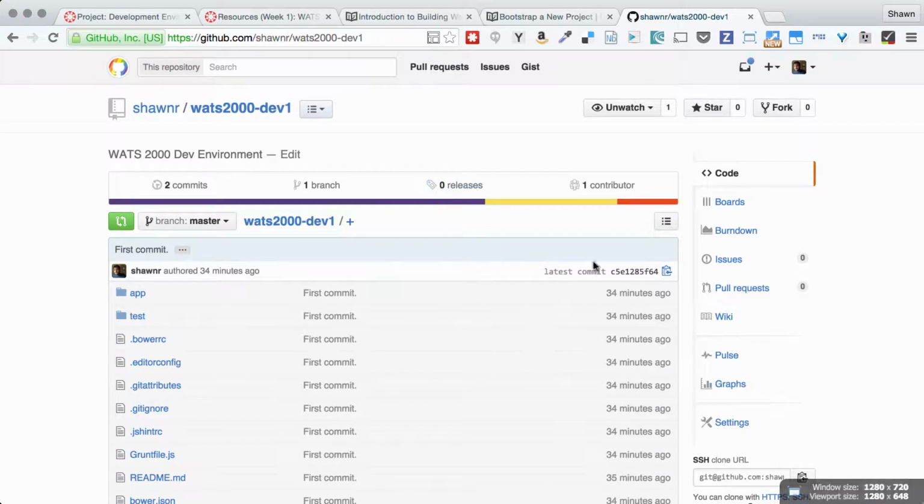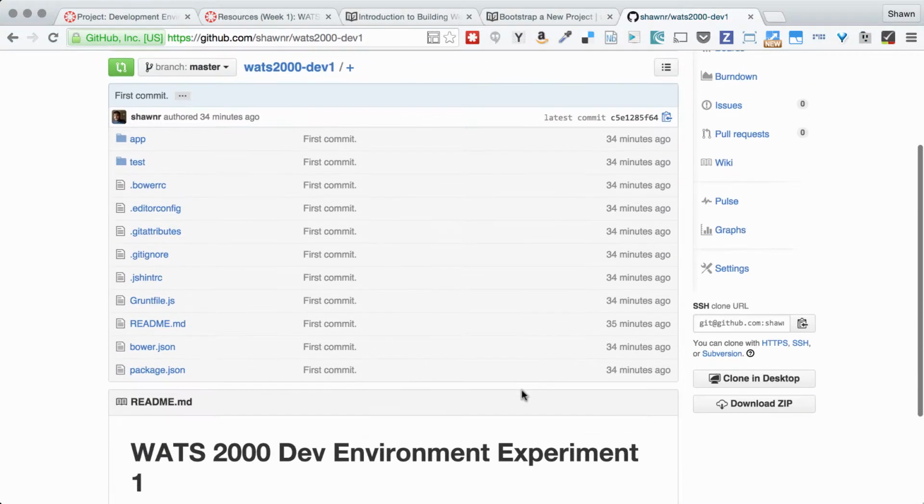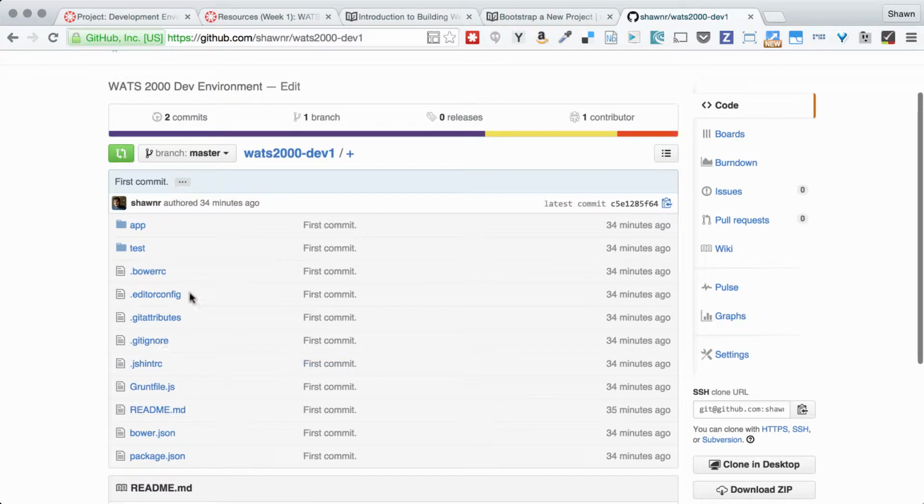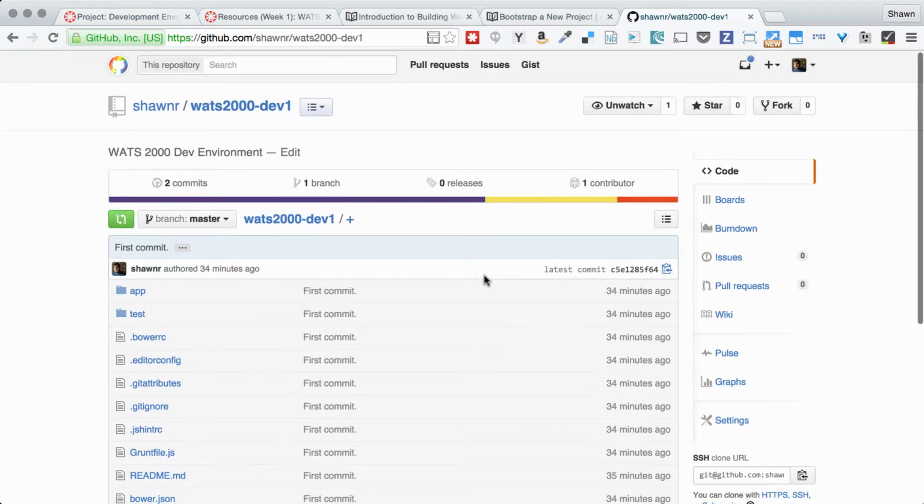that looks like this. This is the result of when I did this first chunk of the project. And so you notice that I have all these files here. This is not yet deployed to GitHub pages. That's fine. We'll work on that in a couple of weeks. For now, we're going to be real happy just to see the code up on GitHub, and we're going to continue playing with this code. So keep it around. Don't get rid of it. Or if you want to, get rid of it and bootstrap another one, and just keep feeling out how all